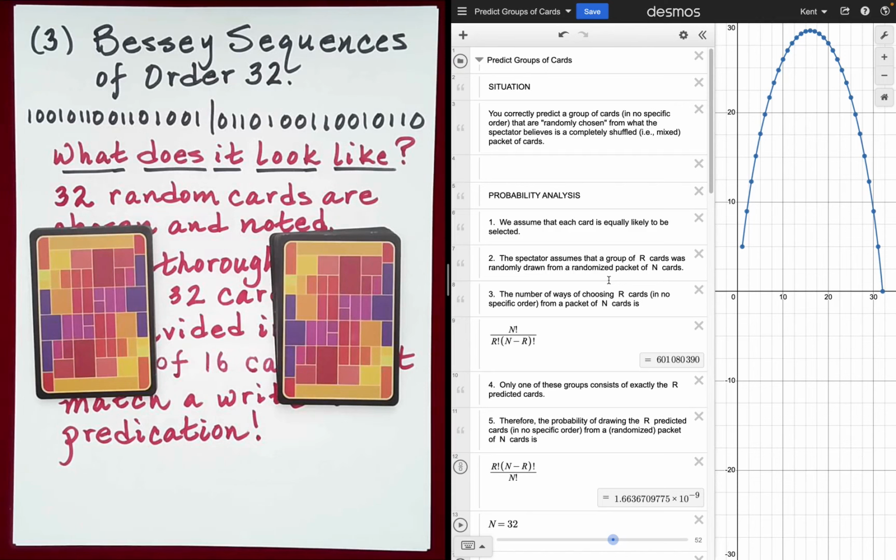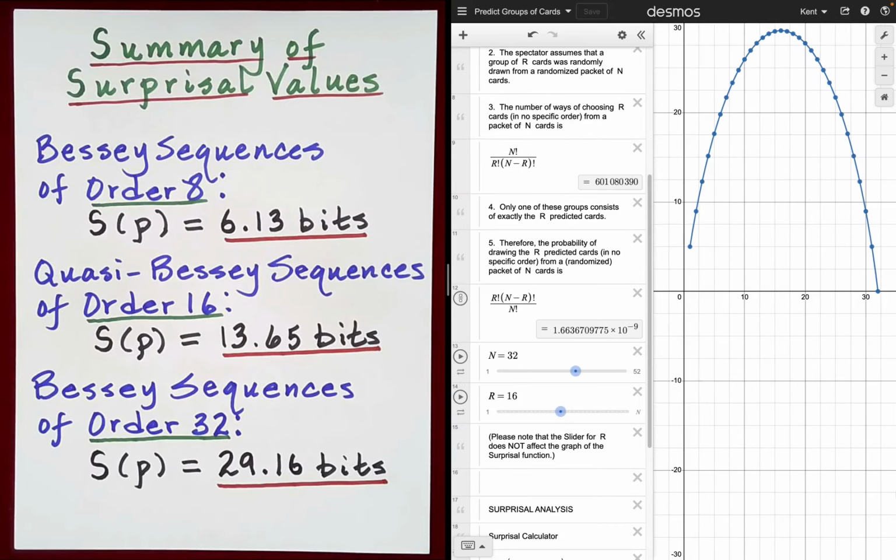Okay, and so now you have concrete surprisal calculations and a concrete way of interpreting these in terms of ordinary coin tosses. Isn't that amazing? And finally, here is a summary of the surprisal values that we've calculated. For Bessey sequences of order 8, the surprisal is 6.13 bits. For Quasi-Bessey sequences of order 16, it's 13.65 bits. And for Bessey sequences of order 32, it's